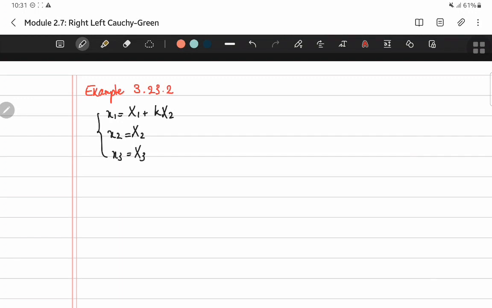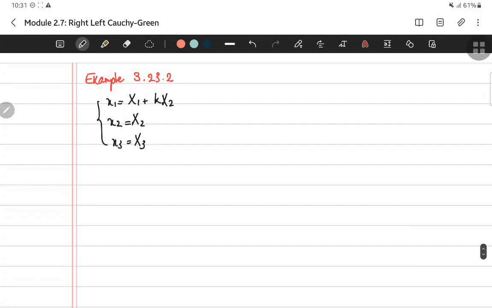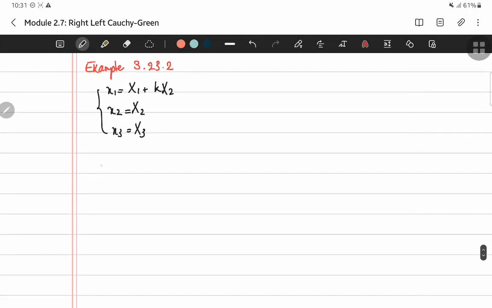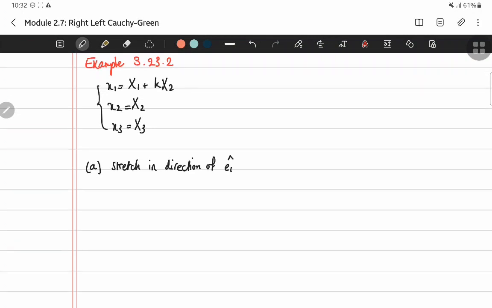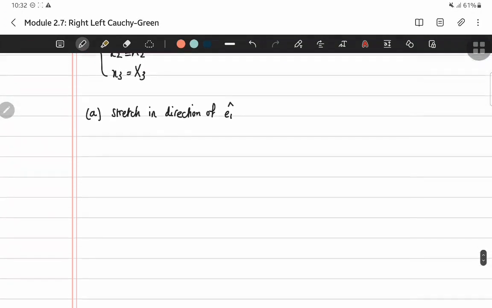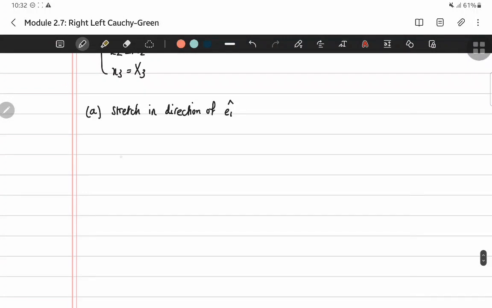In the book, basically the question asks you to find the stretch in part A in direction of E1. So to find the stretch in direction of E1, we first need to find C, and C is